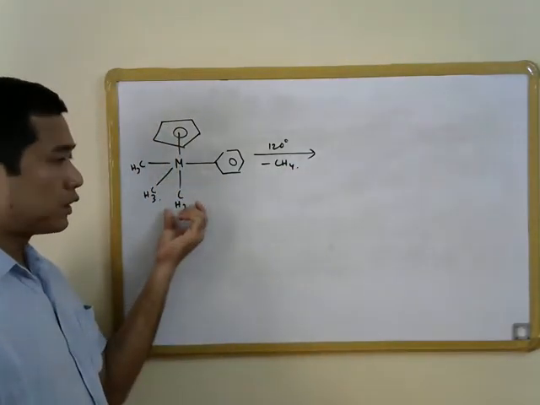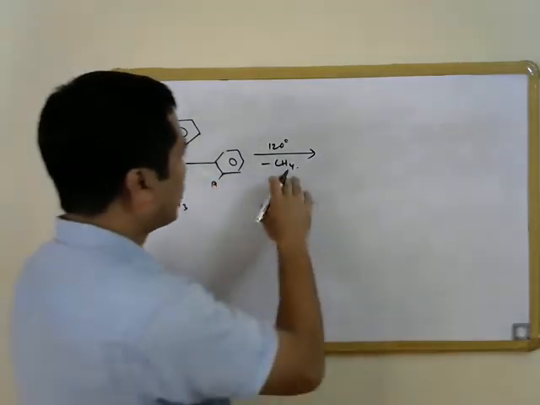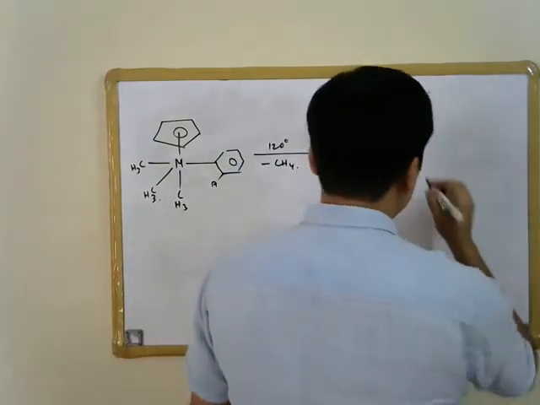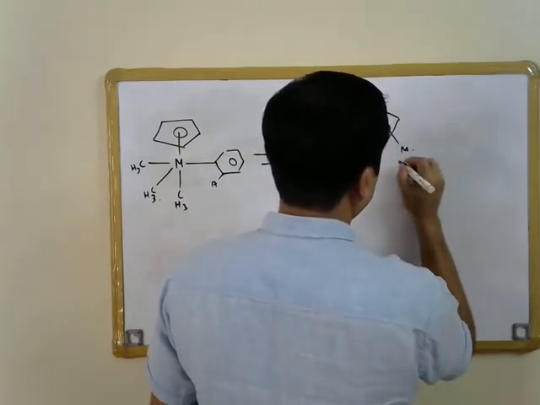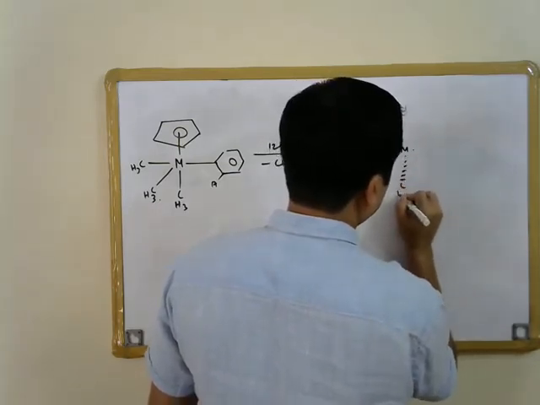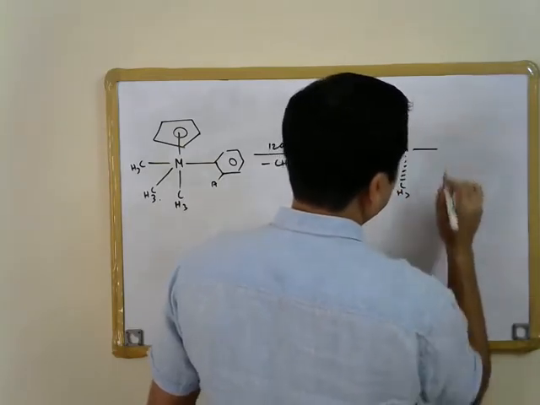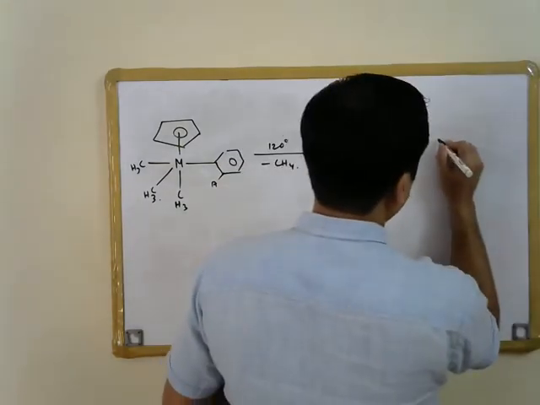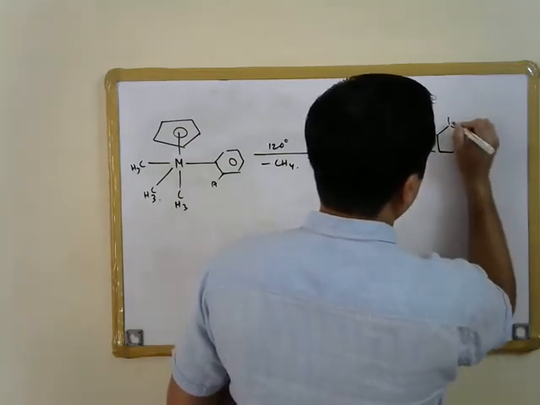One of the CH3 groups abstracts one of these aryl hydrogen atoms, and they are lost as CH4 here, and this leads to formation of this sort of